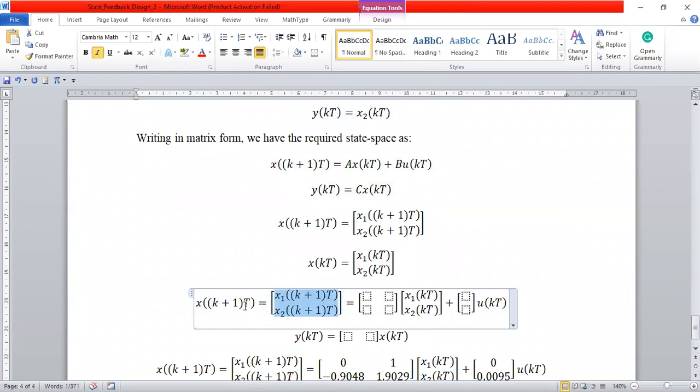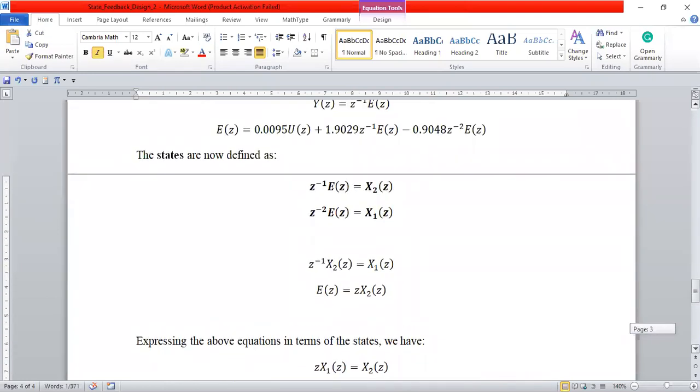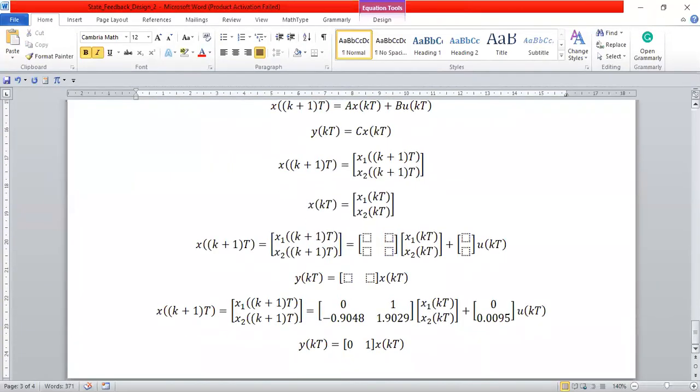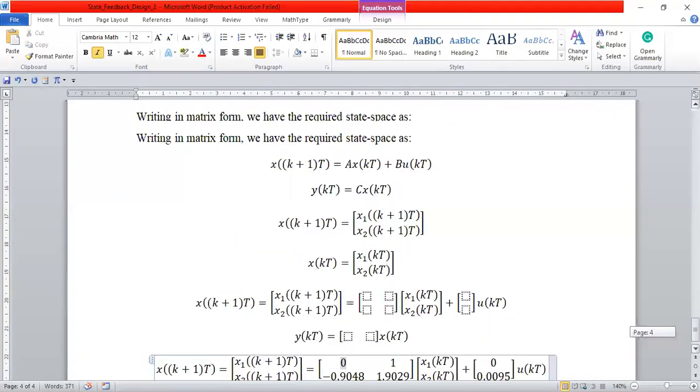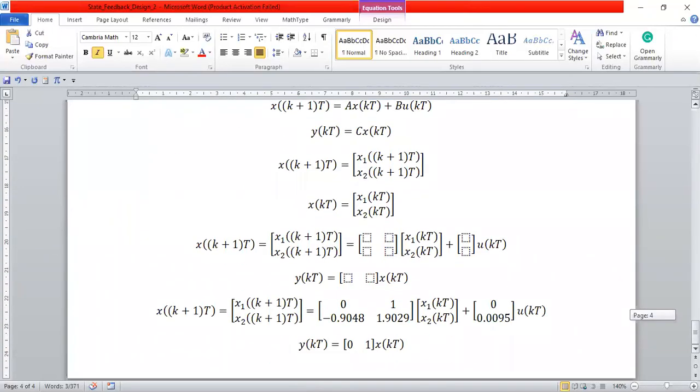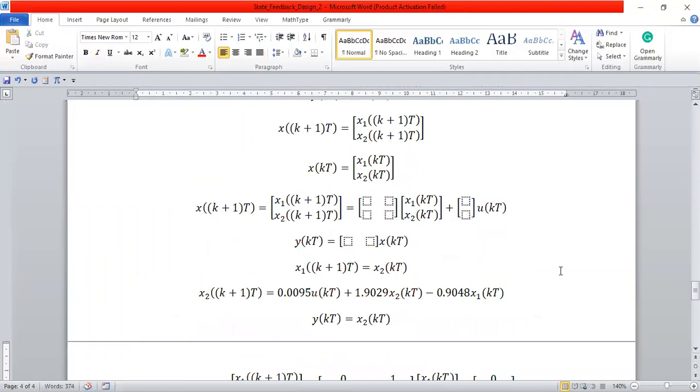x of k plus 1 is given by this, because you have two states, x1 and x2. Because in the question, you'll be told that you just have two states. So you just have x1 and x2. Then this is your A matrix, your B, and your C. So we just need to put in the values of A, B, and C, given these equations we derived. So given these equations here,